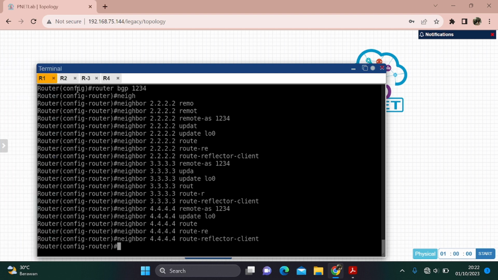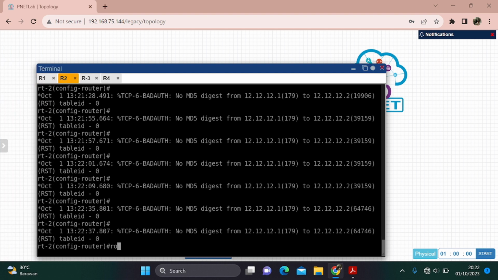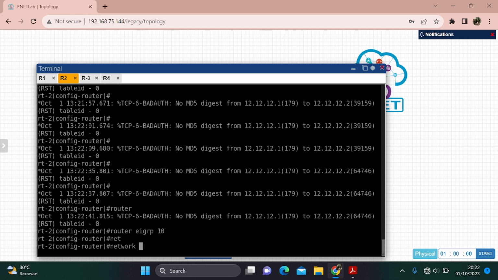Then go to router 2, add router EIGRP 10, and the network is 2.2.2.2.